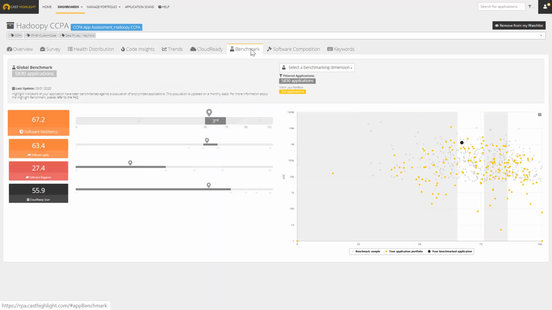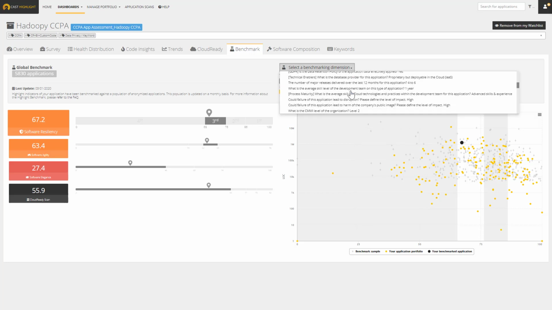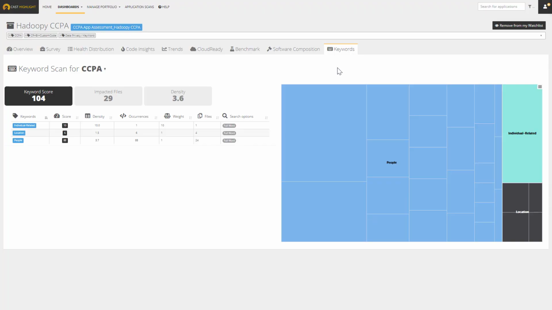The Benchmark tab allows us to compare scores within this application to other applications in the portfolio, represented by these yellow icons, or applications in the broader Cast Highlight benchmark, represented by these lighter gray icons. This can be segmented using various dimensions such as the technology and some of the survey questions. The Keywords tab is a configurable